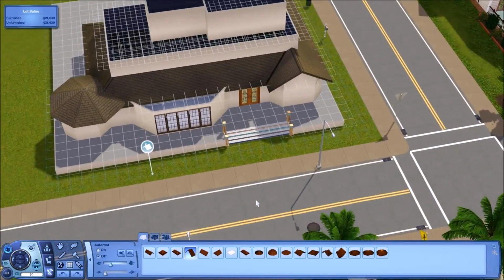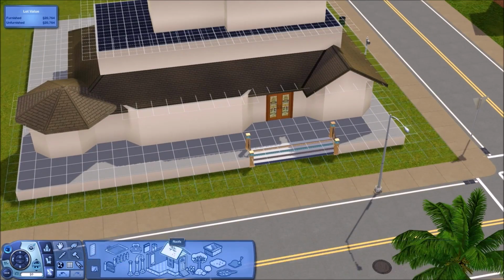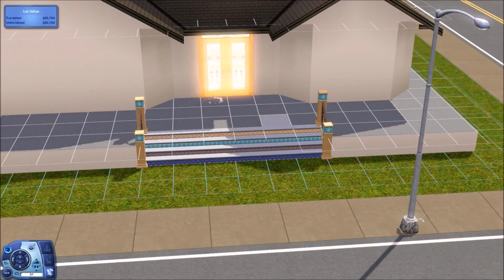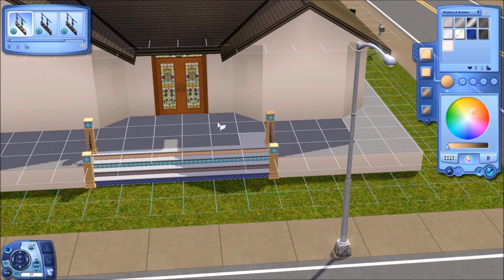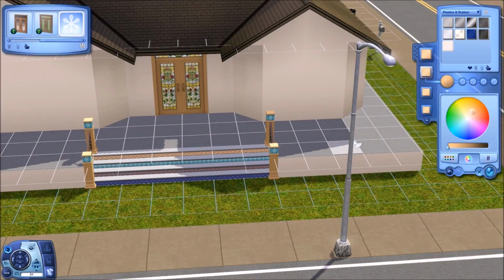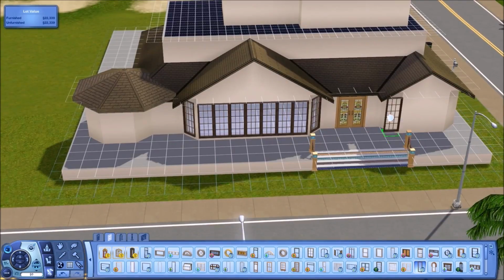Such effort. Anyway, I want to let you guys know the reason why I'm building this house. If you've been watching my channel for a while, you guys will know that whenever I build, I always have my Sims created prior to the house build, because it helps me have a feel for what I'm going for when I'm building, if I know what Sims are going to live there, because I can build the house for the specific Sims. So I'm building the house today